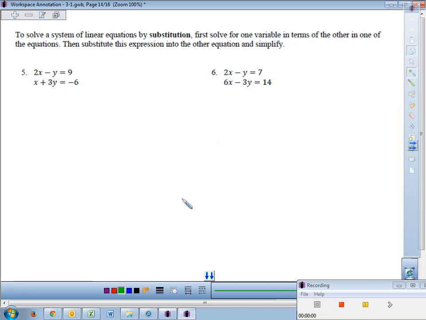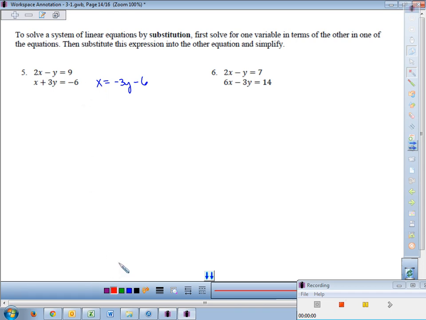So we need to just learn the basic process of how you solve a system by substitution. You've got to take one of these equations and try to get a variable all by itself on one side of the equal sign. And if there's a variable with a coefficient of 1, like this guy right here, where this x has a 1 right in front of it, you'd like to try to get that one by itself. That'd be the easiest method. So what I could do right here is say x equals negative 3y minus 6 by subtracting y from both